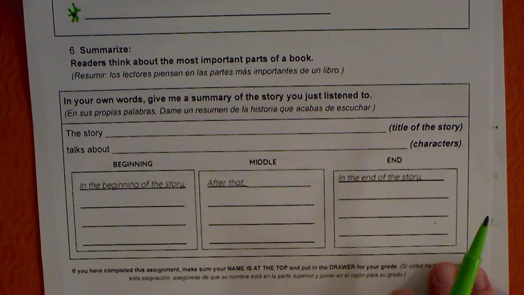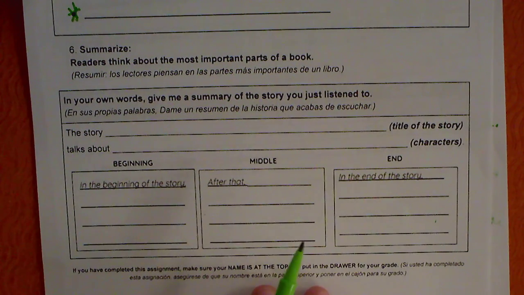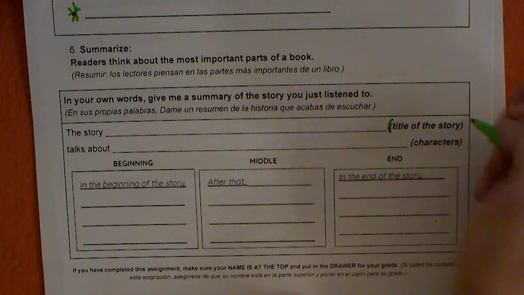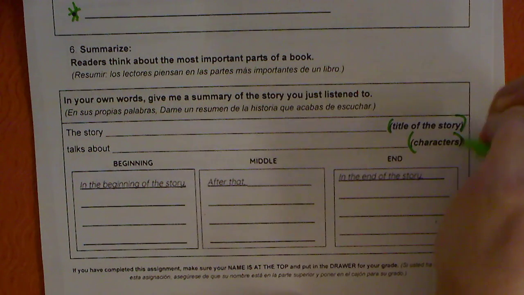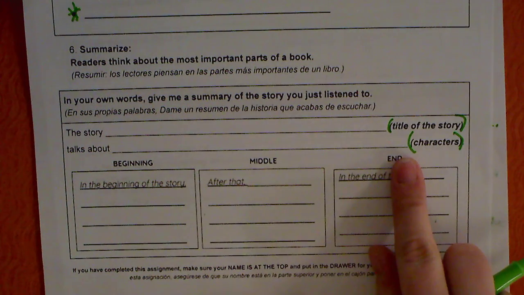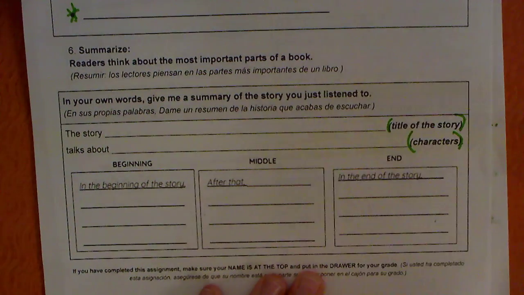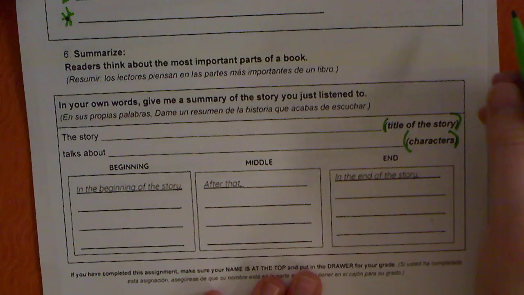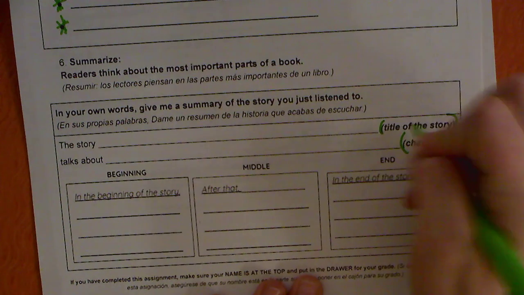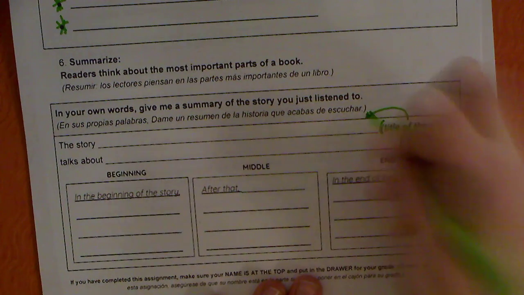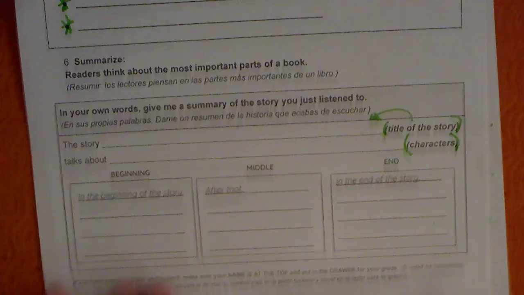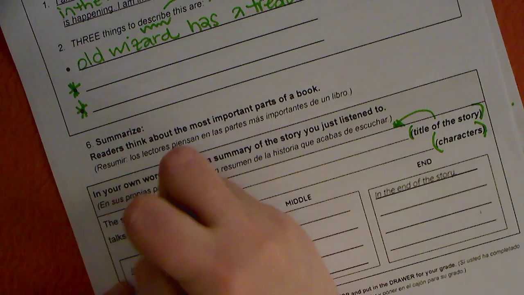So if you'll notice, when I read through this to show you the sentence stems, I didn't read what was in the parentheses here or here. That's because when we have things in parentheses like this, it's not supposed to be read aloud. It's just kind of giving you information. So in this case, it's telling me that I need to write the title of the story on that blank. So the story, The Man in the Mist,